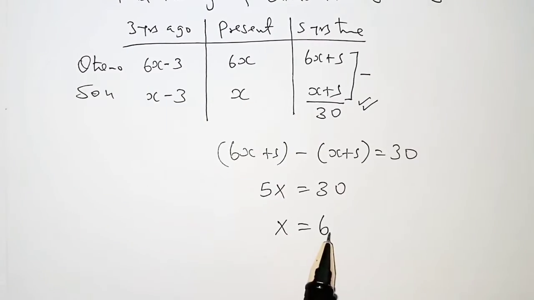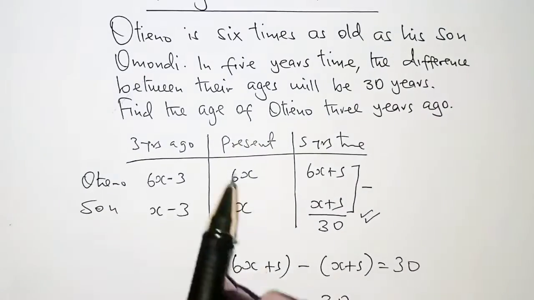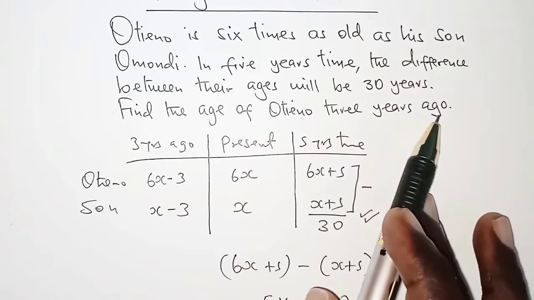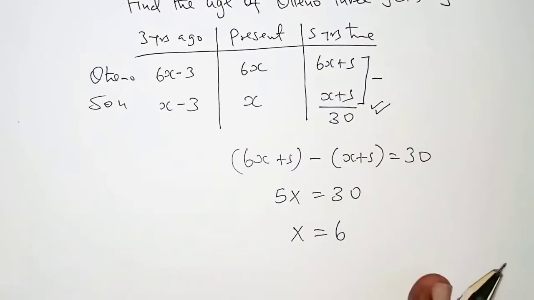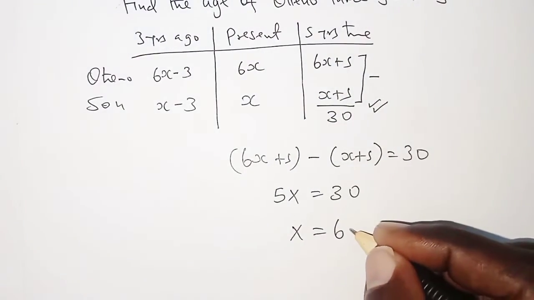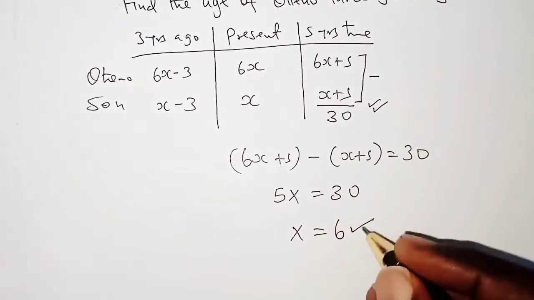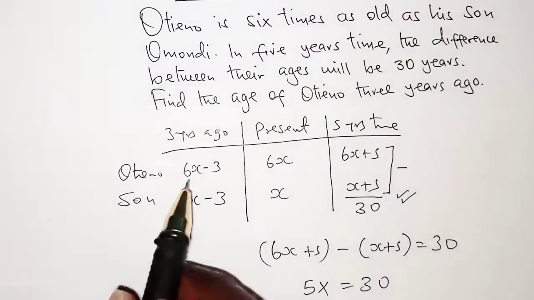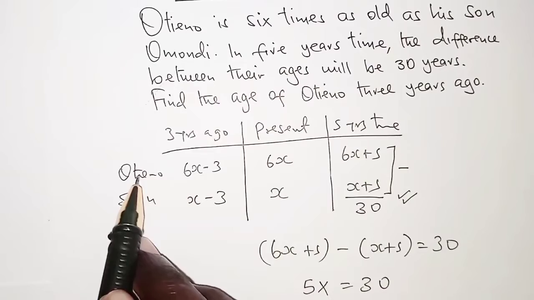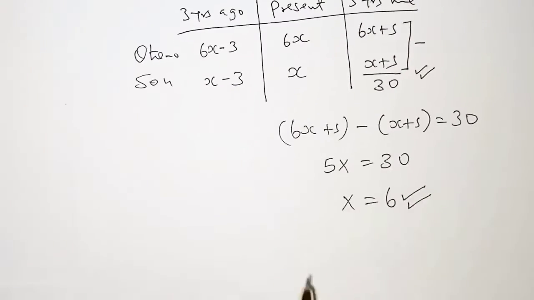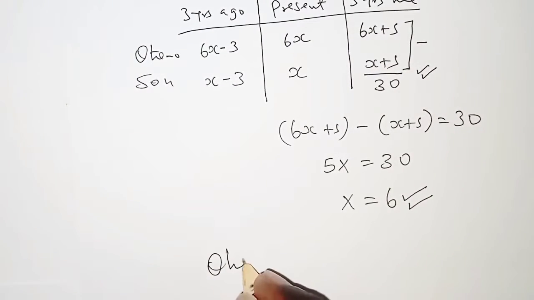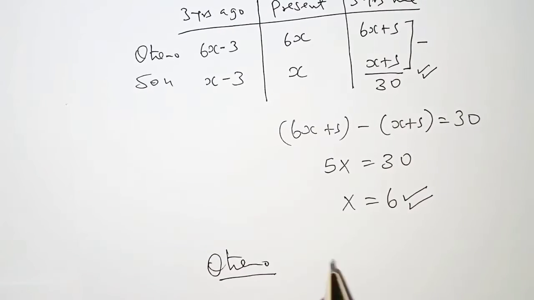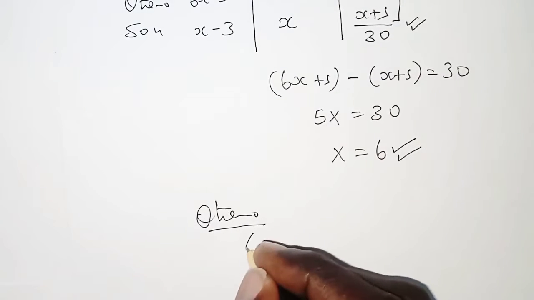So if x is 6, remember we are asked to get the age of Otieno 3 years ago. So luckily we have the value of x. We can use this value of x 3 years ago to get the age of Otieno. So for Otieno, his age 3 years ago is